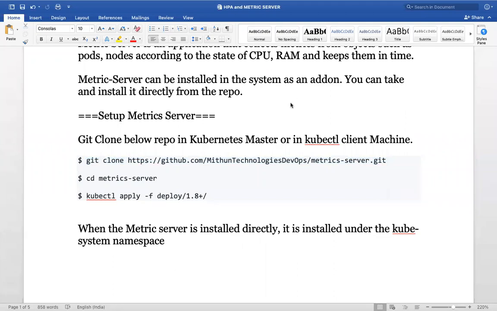Now can I deploy that HPA object so that it can adjust the number of pods based on the load? While creating an HPA, you need to mention the target CPU utilization or memory utilization. Based on the target CPU utilization or memory utilization, it can scale up and scale down the applications.